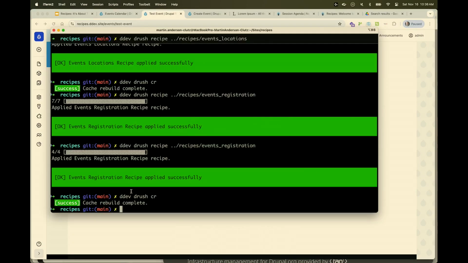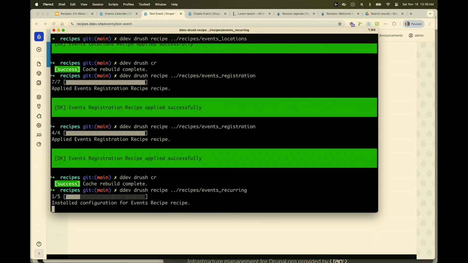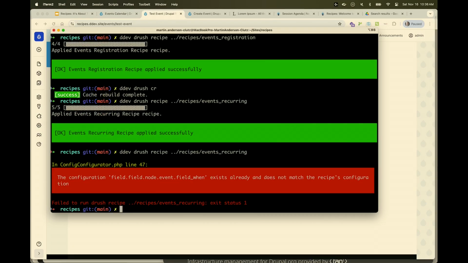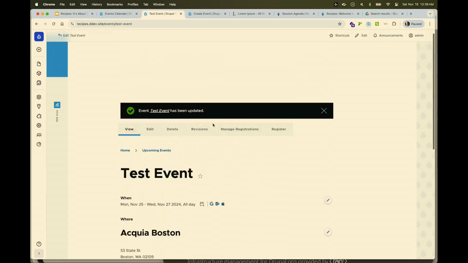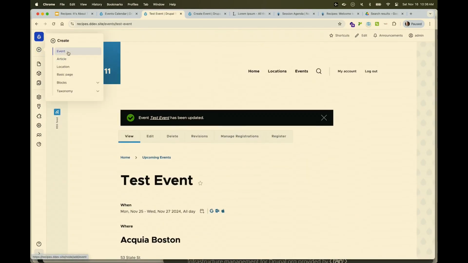And then the last one that we're going to do is go ahead and do something that we know is going to break our item potency. It's recurring. Just to prove my point, there we go. That's the big ugly error that you get when it says you've done something a little bit bad. But if we go ahead here now and add a new event,